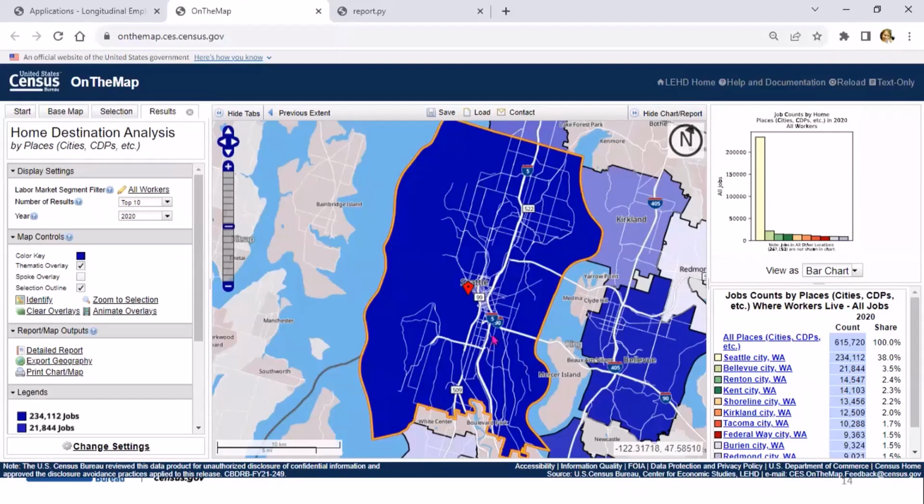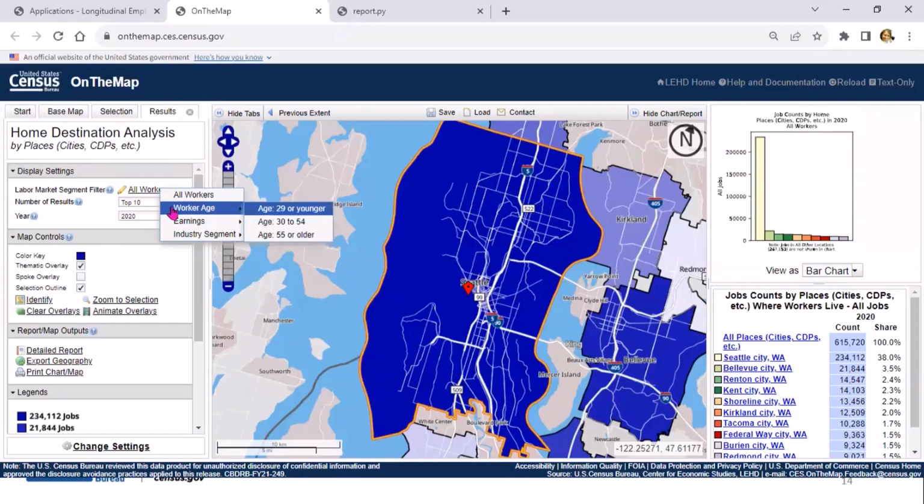And right now we're looking at the top 10 areas. And then you can change the top 10 to 25, 50, or 100. You can click on all workers and then we can see characteristics regarding these areas.